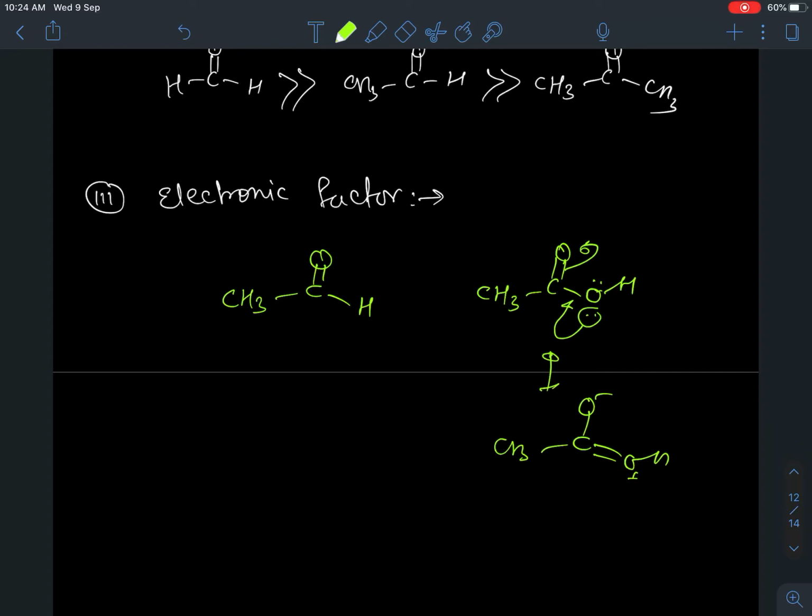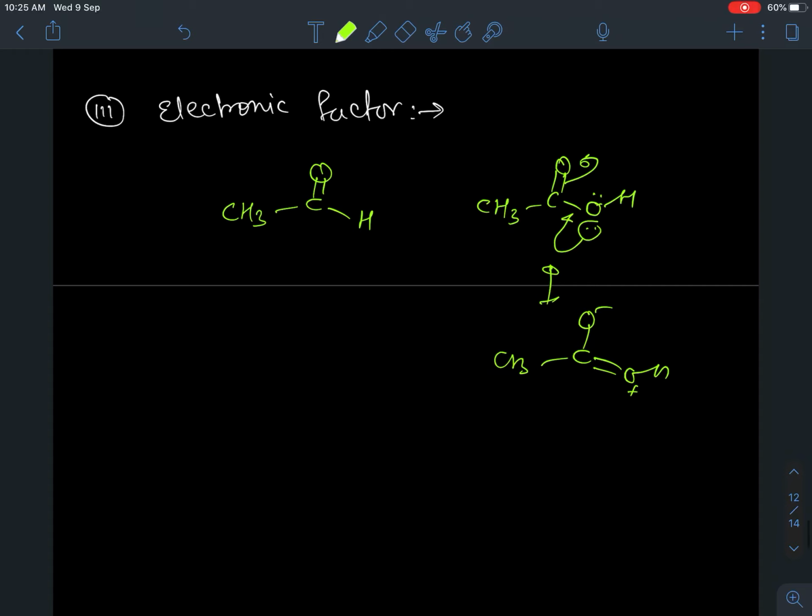Now the one which was earlier, withdrawing the electron, the O negative, if you are not aware, oxygen is an electron withdrawing group, but O negative is an electron donating group. So that hampers the polarity most, and if the polarity of this carbon decreases, then the natural nucleophilic attack will not be very great here. So that is the reason why aldehydes and ketones are much more reactive as compared to the corresponding carboxylic acid and its derivatives. Much more than carboxylic acid.